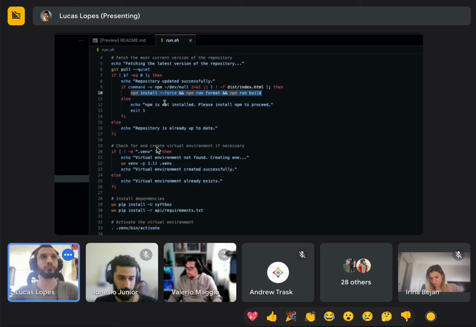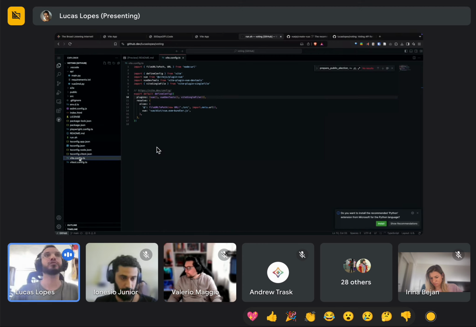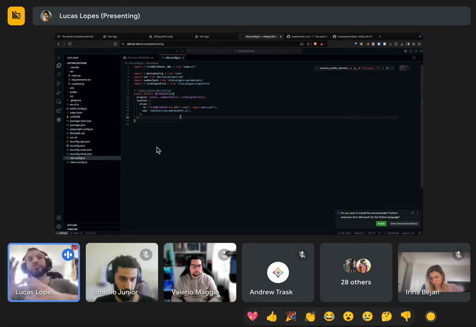And in the dist folder. So if you go, for instance, to this vite config, and I'm showing this to a lot of you because it's interesting. Since it's open source, you can just copy and paste these projects and change them a little bit to have your own applications based on these templates, this setup.